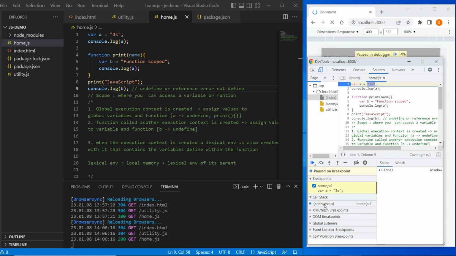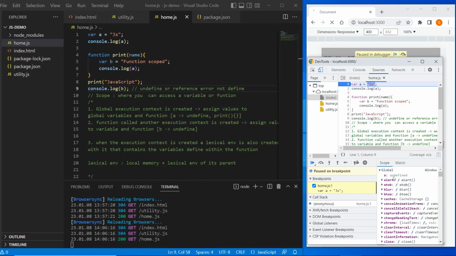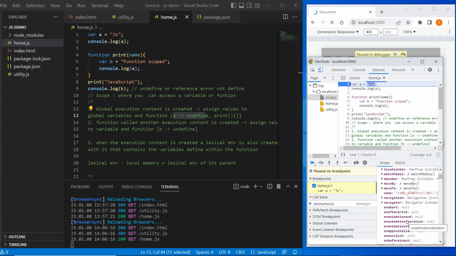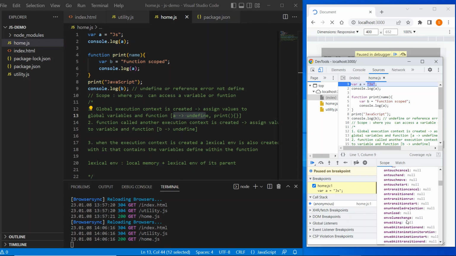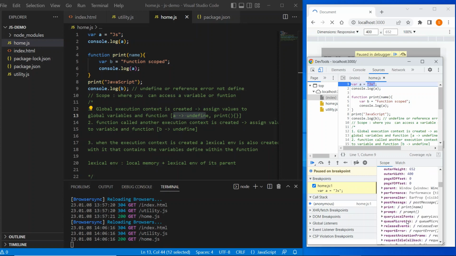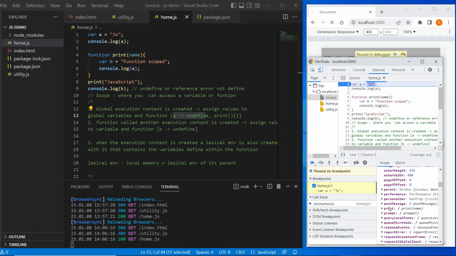If I go to this global scope, I can see a is assigned undefined, as we discussed. And if I scroll down, we also have our print function, which contains exactly the function code.